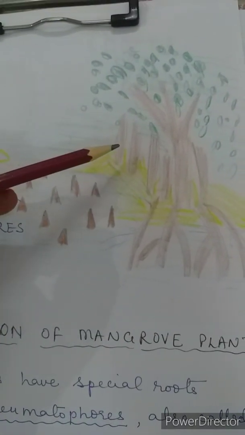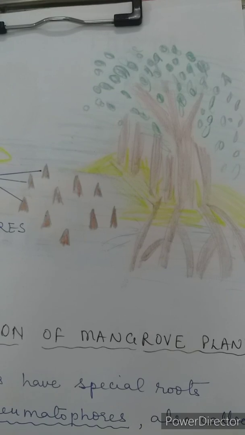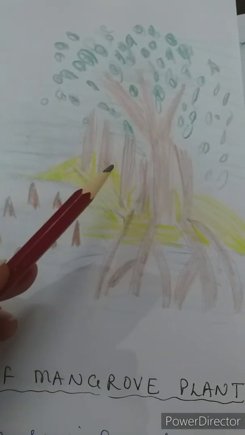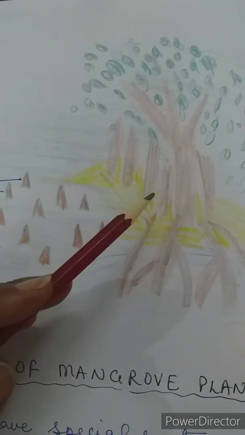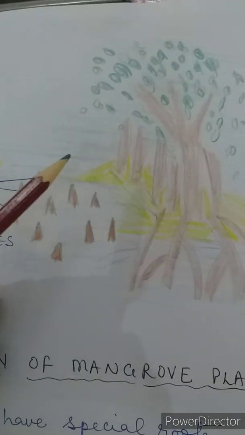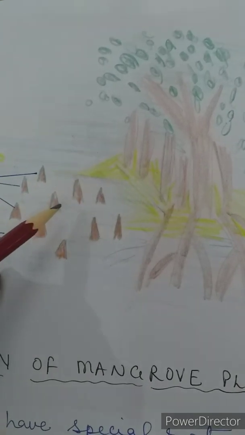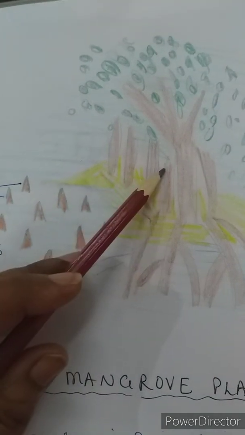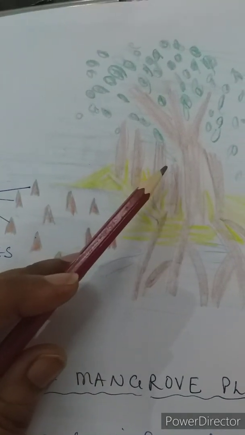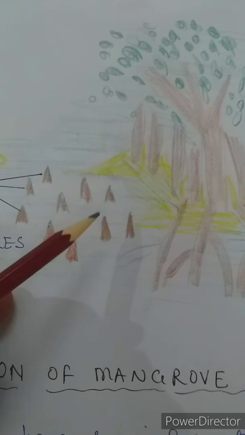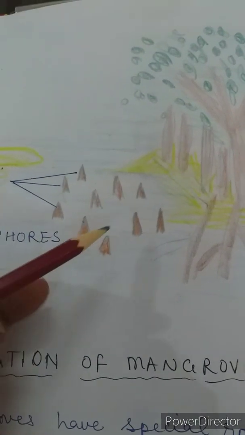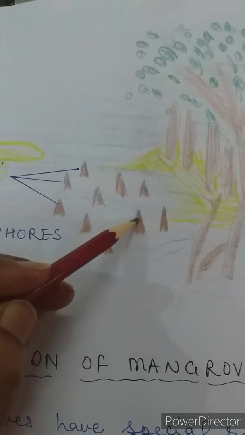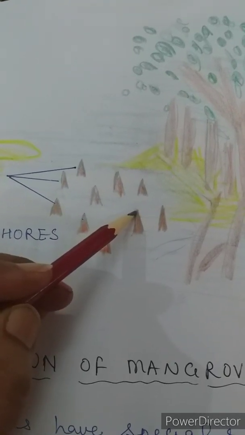This is the picture, children. This is the picture of a mangrove plant, of a mangrove tree. Though the drawing is not perfect, my motive is to show you all the adaptation of these mangrove trees. These mangrove trees are well adapted in growing in marshes. And how? Can you see these pointed parts of the plant, children? These are actually roots. These are called breathing roots, also called air roots.